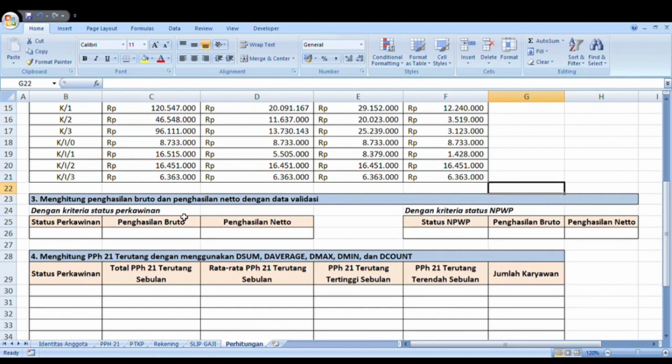Right, following that, we will calculate gross and net income using the DSUM formula and data validation. We will calculate it using two criteria in this case, the first of which is marital status, in Indonesian status perkawinan. The first step we have to do is to create a table like this, and then use the data validation to fill in the